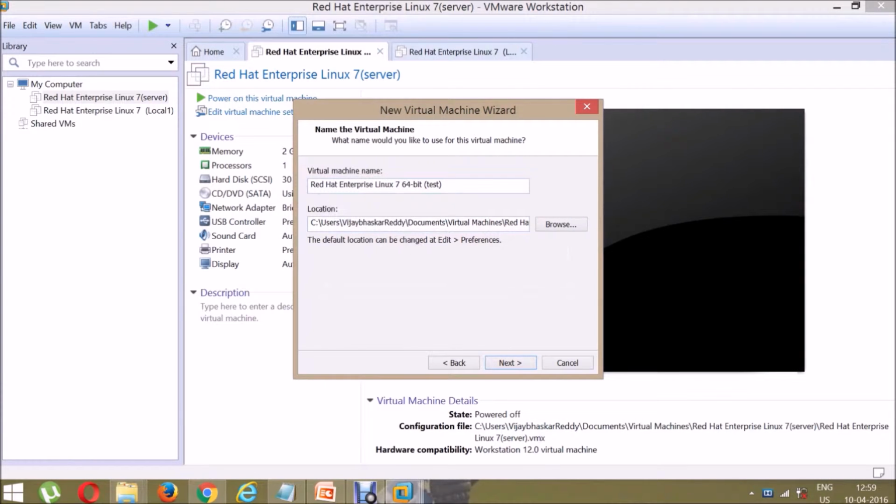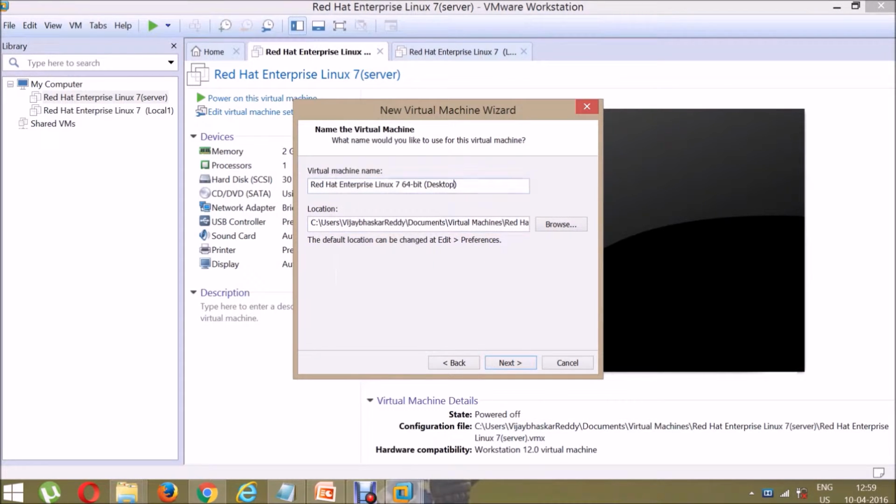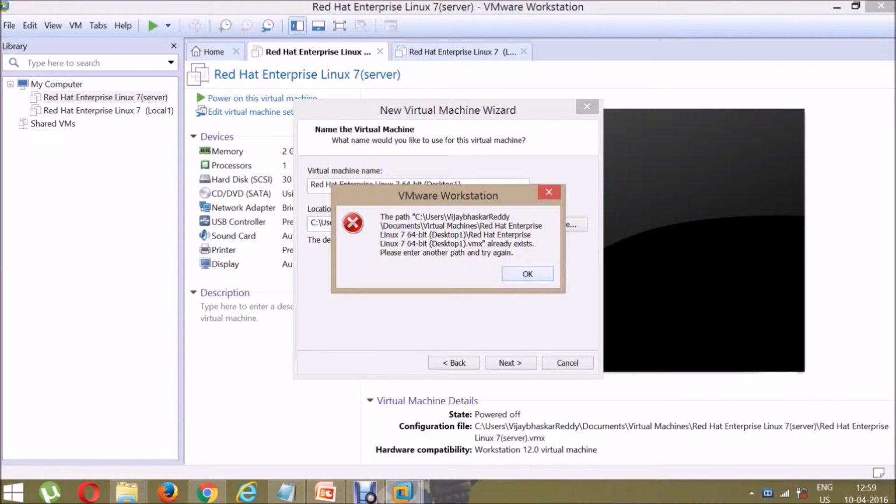The test file is already there by default. I configured that one previously as well, so now I am changing its name to local, I mean local system, whatever it may be. You can name it desktop, whatever you like. If you want desktop, you can put it to the desktop, and then click on the Next button. This is also there, so I want to put it on the desktop one. Now you can see that the desktop one is also there.